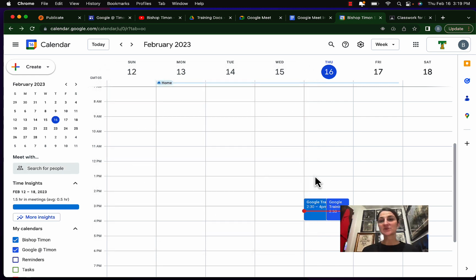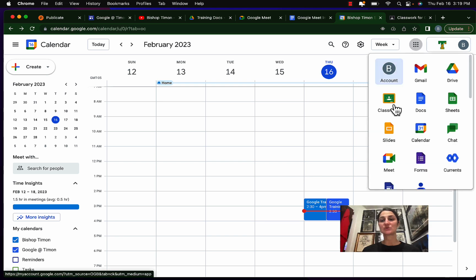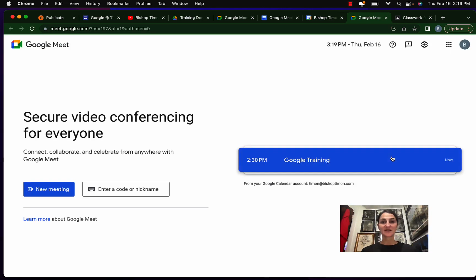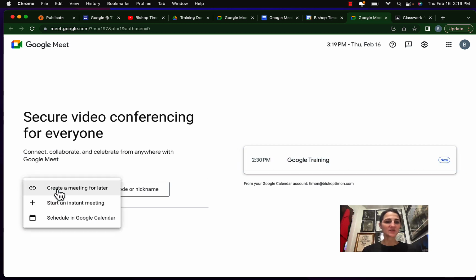So let's go ahead and hop into Google Meet and we'll take a look around. So I'm just going to start up just a regular meeting. Nobody's invited. You'll notice that it gives me a few different options. I can create a meeting for later. That will also put something on your calendar. I can start an instant meeting, which I want to do, and I also could schedule it ahead of time as well. So we're going to start an instant meeting,